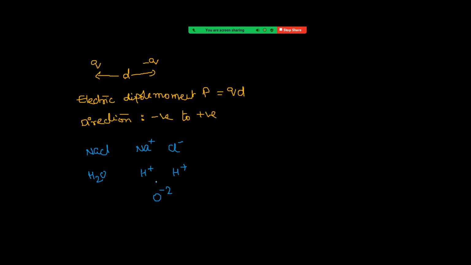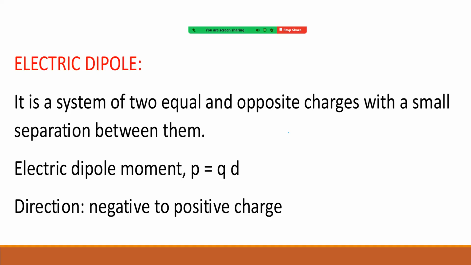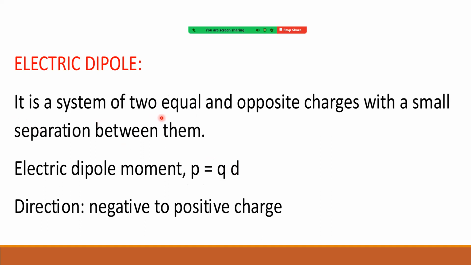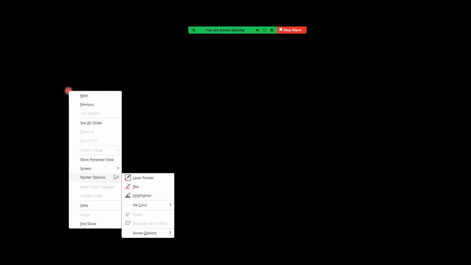Let us now study what happens when we place these dipoles in a uniform electric field. So, the definition: a system of two equal and opposite charges with a small separation between them. Electric dipole moment has magnitude Q into d, and direction is from negative to positive charge. Now focus. If we place a dipole in a uniform electric field,